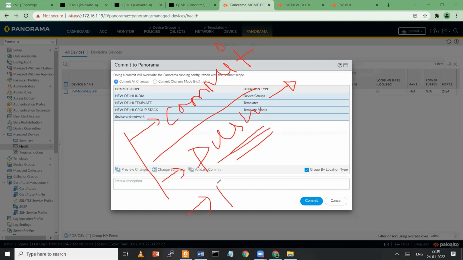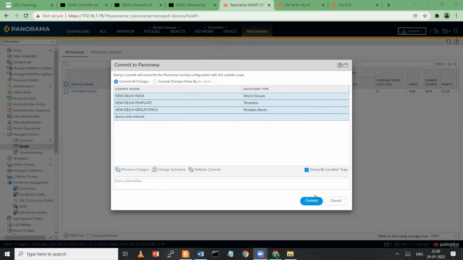And the last option is commit and push. You want to commit along with push, so both options get combined and we get another option, which is commit and push. It depends on how we are using it, and based on requirement we can use it.